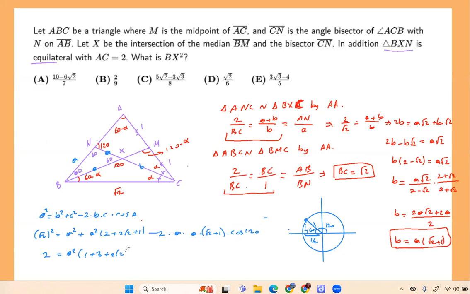The only thing left is root 2 plus 1. Now we have 3, 4, and this is 5, I guess. Let me double check. 3, 4, 5 plus 3 root 2, right? 5 plus 3 root 2 times A squared